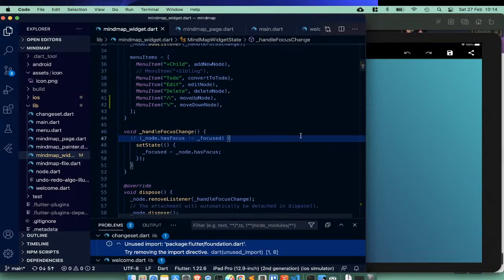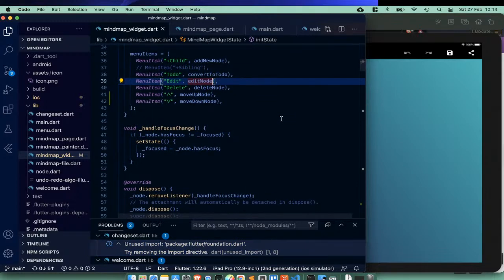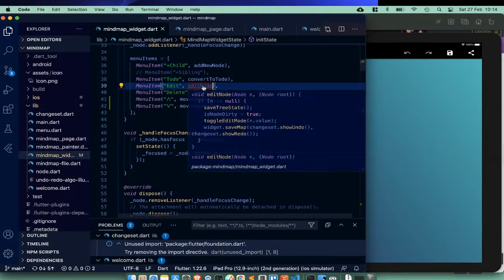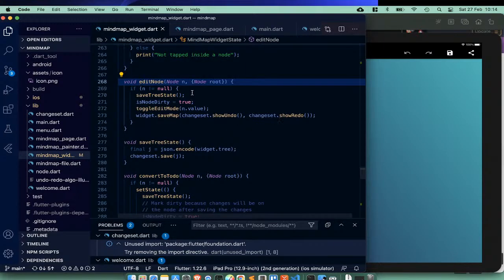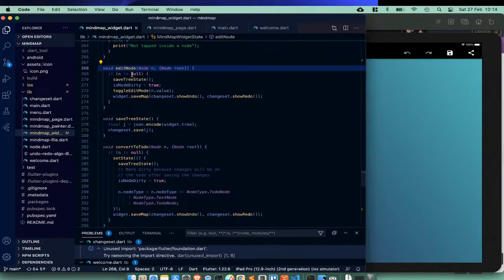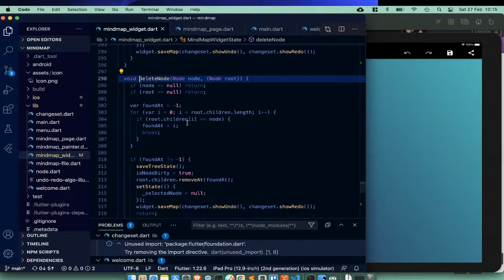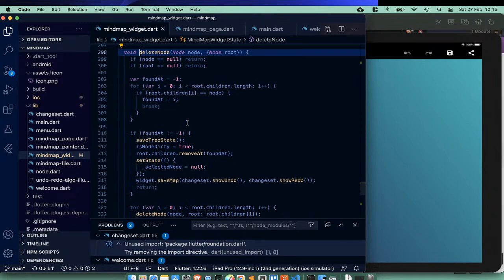Okay, so now that we have that, let's see what happens over here. So for edit node, save state, yada yada yada, widget save map, yes, toggle edit mode, and so on. So let's take a look at the delete node. Right, so this is the kind of thing that I need to do first. So I need to find the